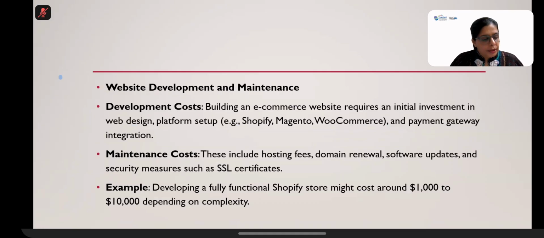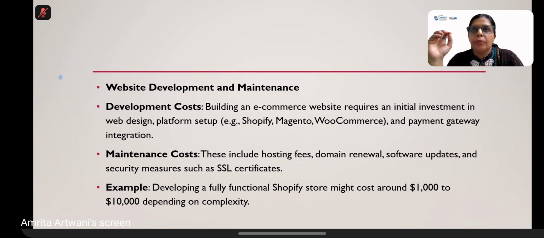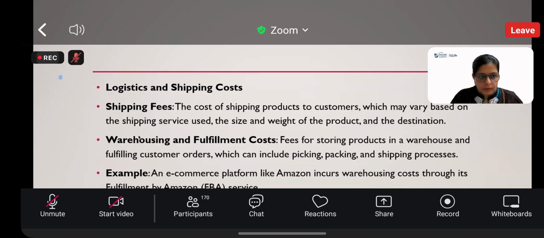Okay, website development and maintenance cost, how much cost you incur in developing a website. There are websites where you can develop your own website free of cost, Shopify and all, but they are not supported at all places. But when you hire specialized or expert people to